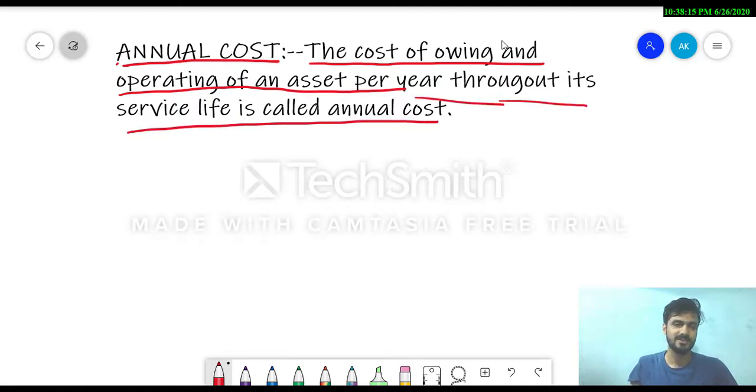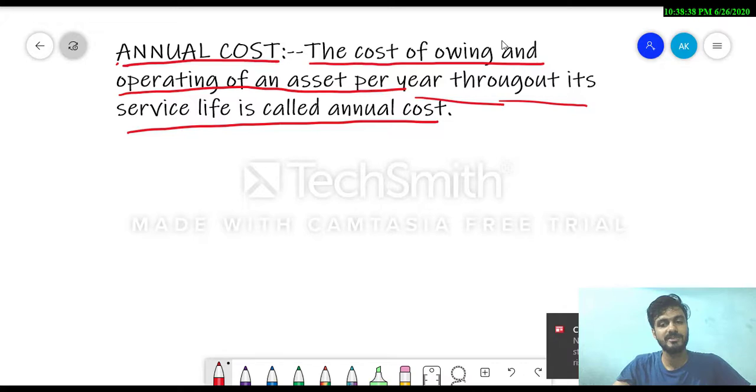Second thing, my dear student, in a profitability calculation generally our aim is to compare two different assets and select which is more attractive for our investment. And the annualized cost method also provides us flexibility where the service life of the two assets is different. Then we can use the annualized cost method for the profitability calculation or comparison of two different assets rather than going to the NPV method.